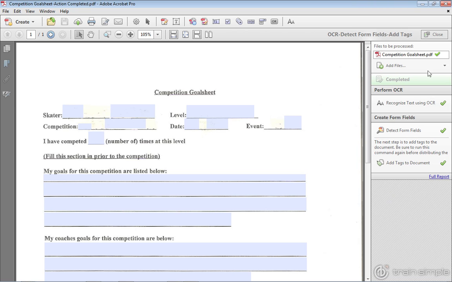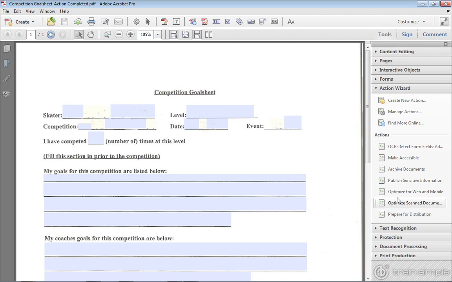To close up this action, once I'm done, I just click the Close button right here, and I'm right back into my standard interface. So that is how you can run a custom action. You really don't run it any different than one of these pre-built actions. It just walks through the steps that you stated within the action you created. And at the end, you simply close up that pane for the action, and you're right back in the standard